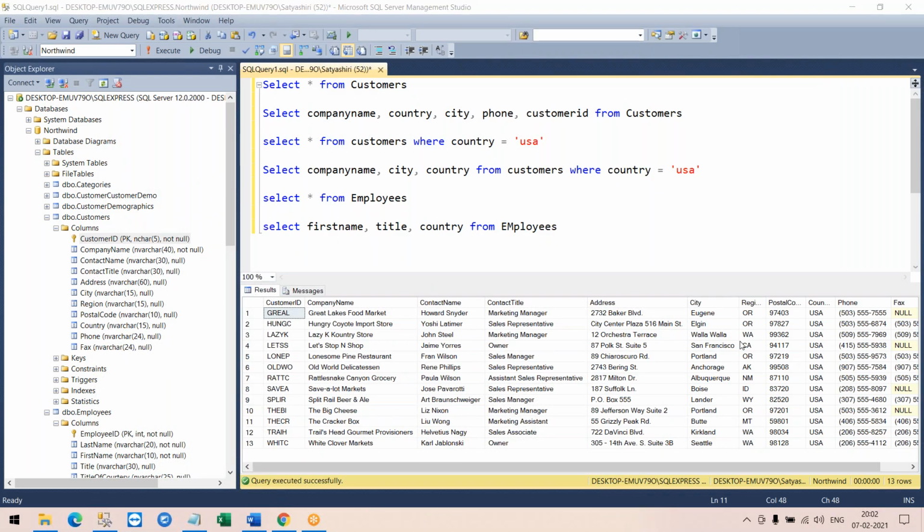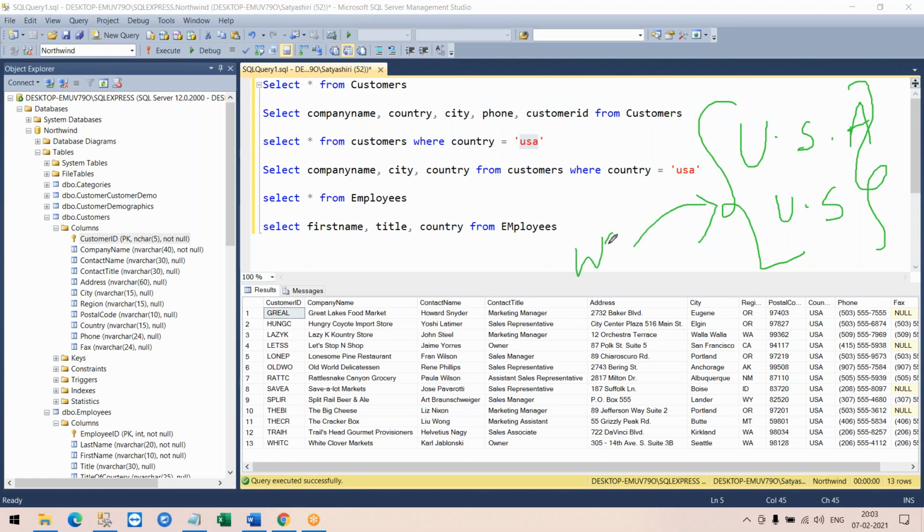Now, when a customer is created with a USA country, the data is saved as USA, not U.S.A or U.S. The reason is that this is the requirement given by your business analyst, and that is how your web server is coded by your developers. That is why it is saving it as USA.